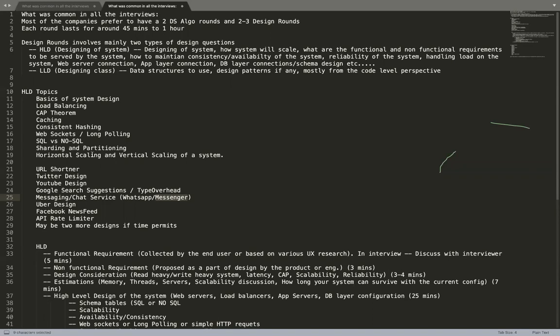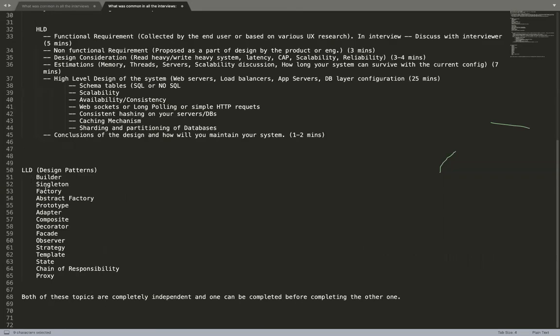Are you able to hear me? Yeah, I can hear you. Tell me. Okay, so for the low-level design, is the design pattern list that you mentioned exhaustive, or will we be discussing something apart from the list mentioned over there? There are more design patterns. I have taken all the patterns which are important and which came to my mind, but there are many more. If you have any particular pattern in mind which you want to discuss, feel free to speak up, and it will be taken as a part of the course.